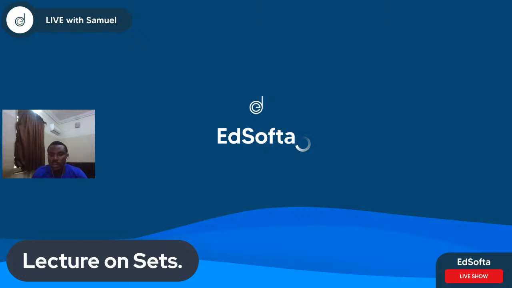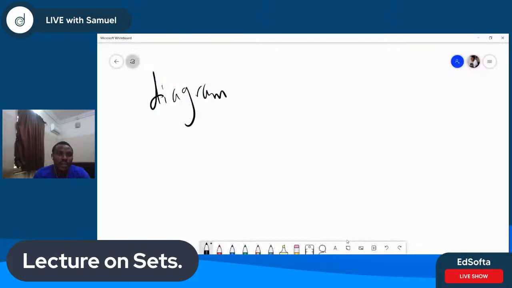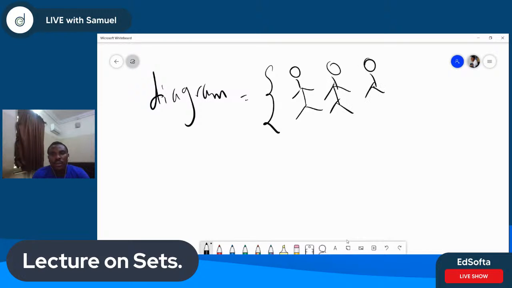If you're following us with the slides, we talked about different set notations. So we have the diagram method. We are trying to describe a set of boys. If we were to use the diagram method, mind my drawing, we'll be drawing the boys. That's the diagram method. Now if we were to use